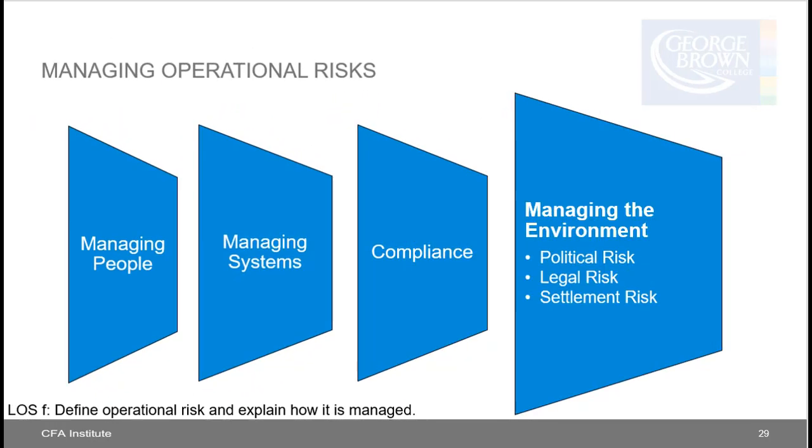And finally, we're down to the last slide for this learning outcome statement regarding managing operational risks. We're going to be looking at managing the environment, and we're going to be looking at political risk, legal risk, and settlement risk. So starting with political risk. Political risk is a risk that a change in the ruling political party of a country can lead